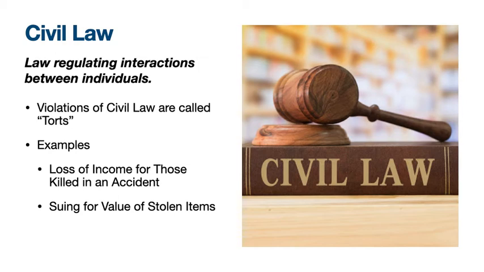So if you violate civil law, it's called a tort. And so there are connections between civil law, though, and criminal law. So let's say that you murder someone, right? There is a penalty that goes along for that if you're convicted. Probably the most famous example of this is O.J. Simpson. There was a trial when I was a kid where he's accused of killing his wife and her boyfriend, and he was put on trial for those crimes. He was actually found innocent of those crimes, and so he didn't go to jail for that.